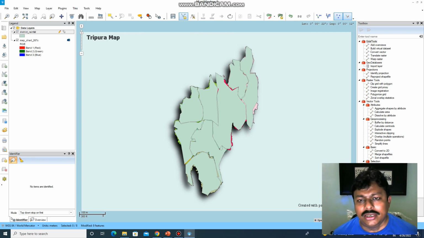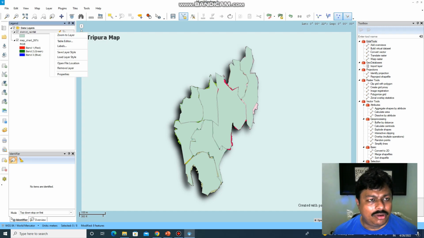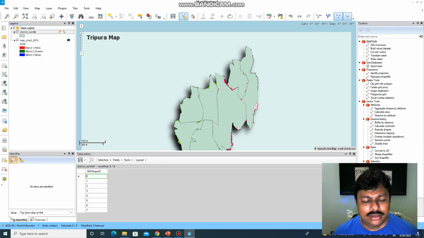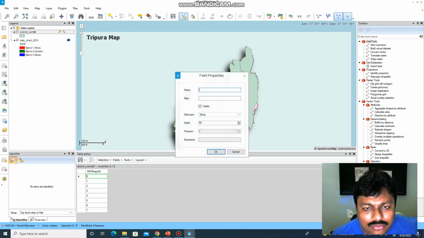Now what we'll do is we'll create a table. We'll open the table editor or the attribute table to store the rainfall values of each of the districts. So we'll right click on the polygon shapefile and go to table editor. Here you see this will be the default column as we have digitized 8 districts. So there are 8 rows here, and we'll add 2 more fields. One field is for name of the district,